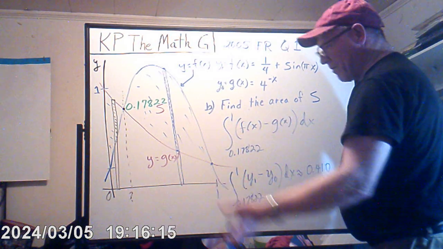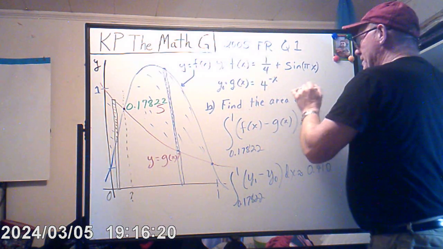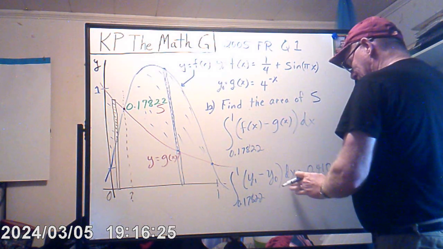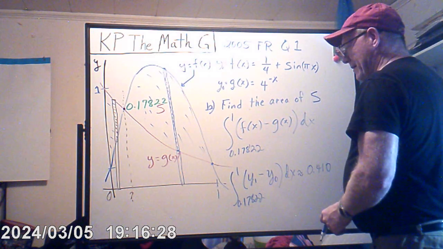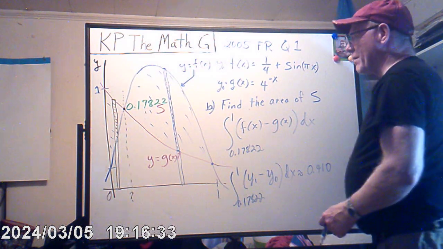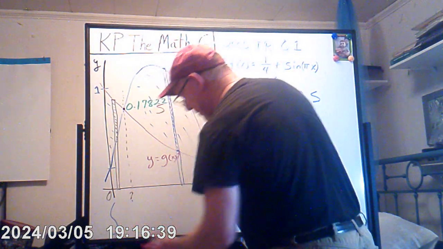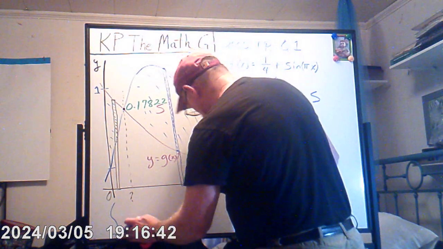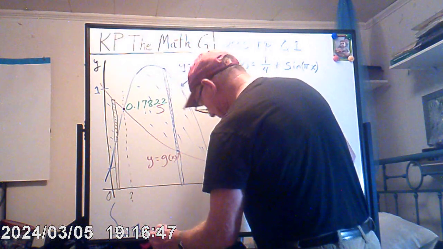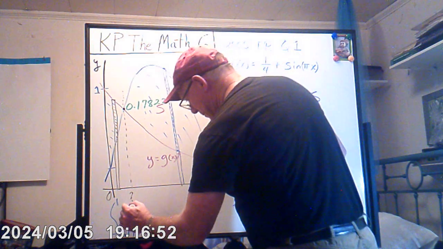And again, if you don't remember how to do this, you do this one first. I put this in parentheses first, minus this one here, and then dx on there. And then you would be able to do it either way. So you would be alright if you did that. In other words, what I'm saying is you can go from 0.178 to 2 to 1, and you could do, in this case, parentheses